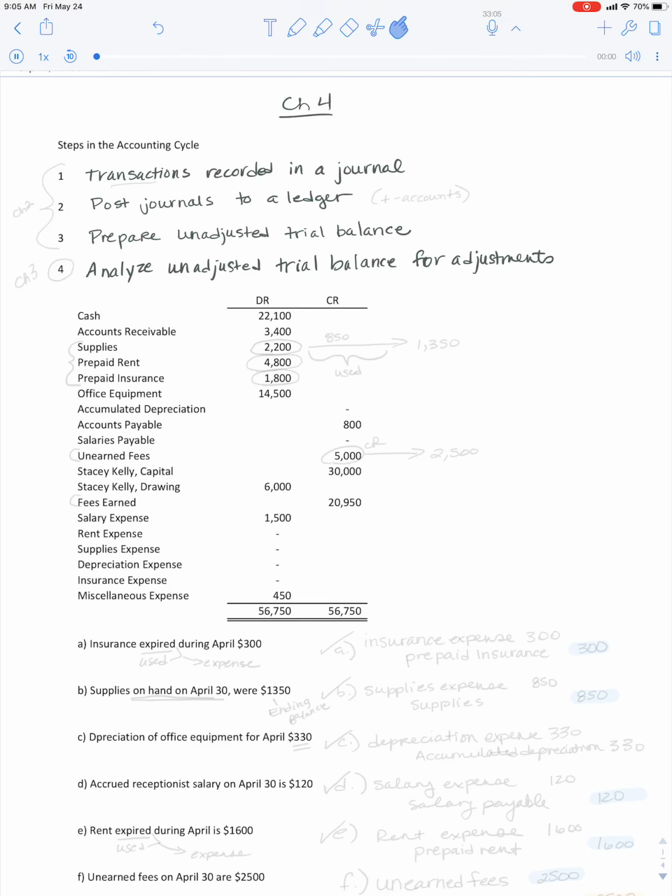cycle. Now, most of these steps you already know how to do from previous chapters. There are some new steps in Chapter 4 which we'll go over. But mostly this chapter is about how you start off every period and end every period with the accounting cycle. So the first 3 steps here,